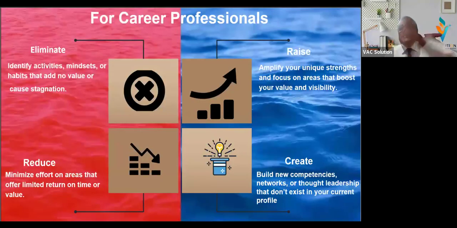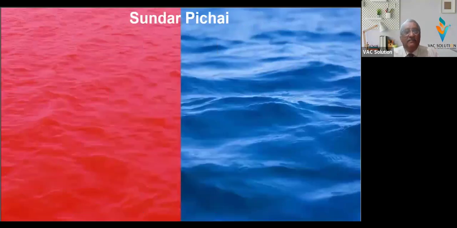Yes, sir. You see, don't get blocked by your profile. You have got a job profile, you have got a job description. That is something which you have to do. But beyond that, what can you contribute to enhance your visibility and to enhance your acceptability to the organization? That is very important. Now we will see two people who are gigantically successful. Then you will understand what I mean.